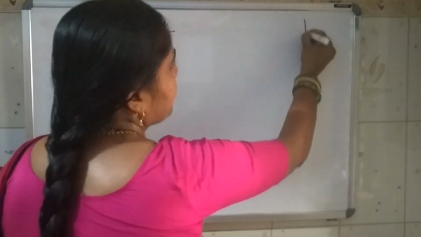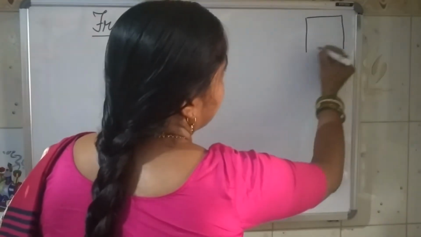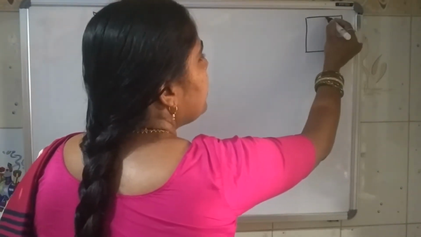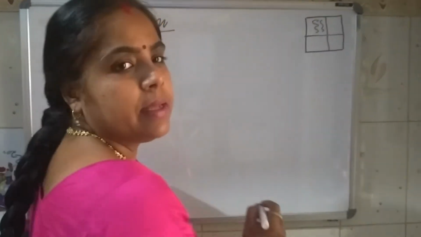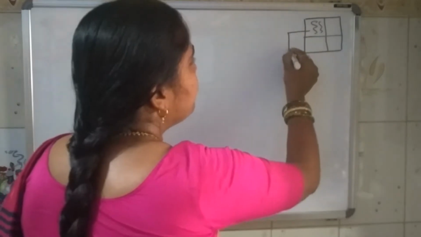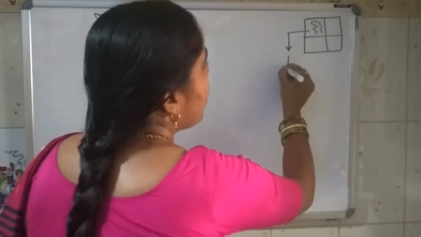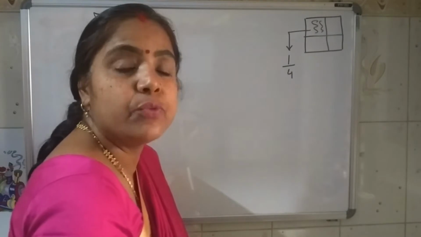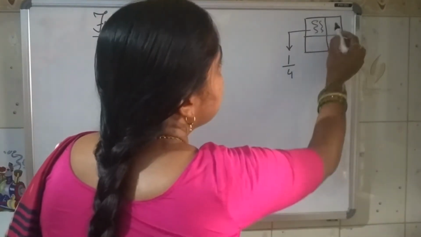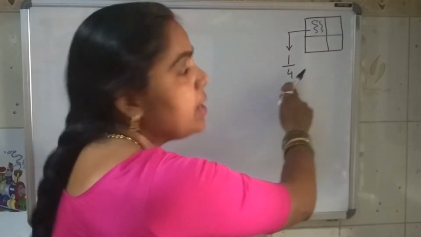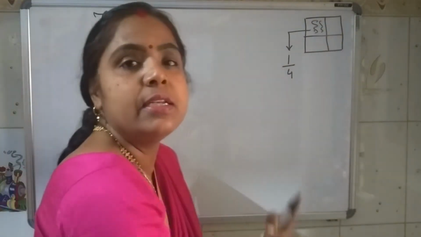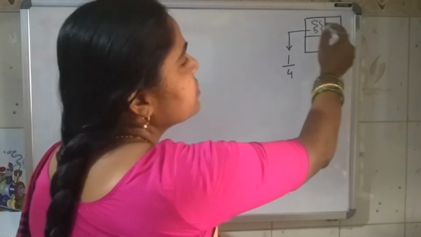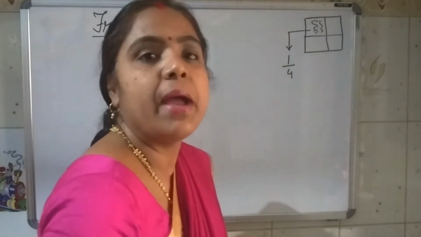Okay, what is a fraction? First, if I take this whole, and I divide this whole into 4 parts, and this shaded part, if anybody asks you what this part is, you will say 1 upon 4. Why is it 1 upon 4? Because this whole is divided into 4 parts, so the denominator is 4, and the one part I have taken or shaded is the numerator. So if anybody asks what this is, it is the fraction 1 by 4.